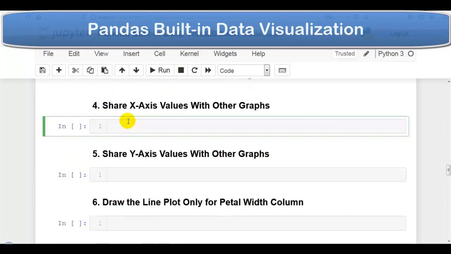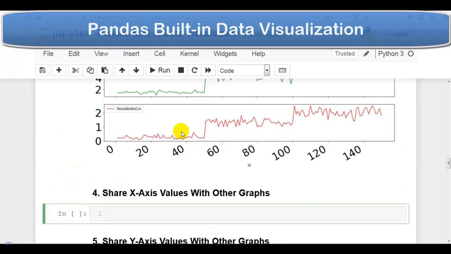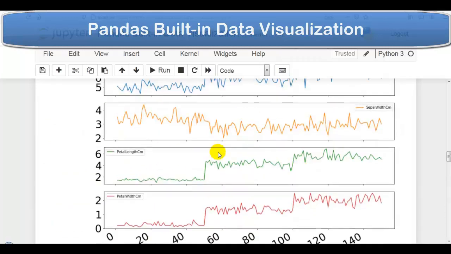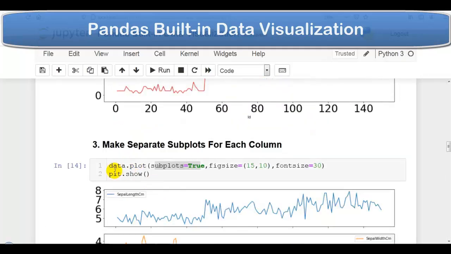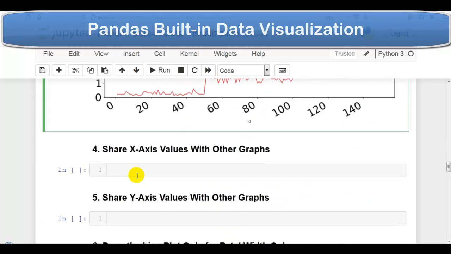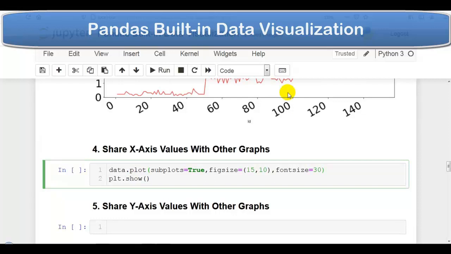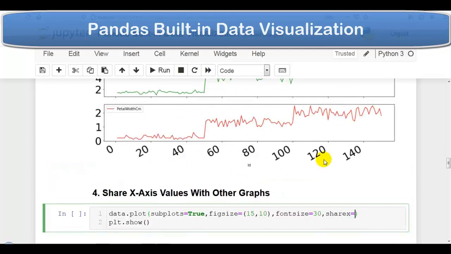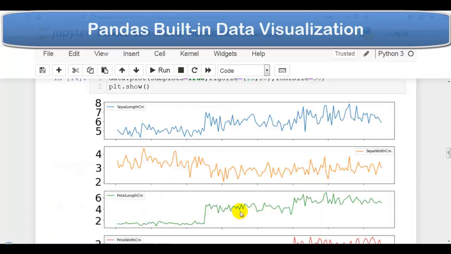So now next question. In this question we have to share x-axis values with other graphs. As you can see over here, it is showing these x-axis values which are common for all the graphs, but we want separate x-axis values for each graph. So again, let me copy these two statements and paste it over here. And here we have to use the sharex parameter, which is by default True. That's why here it is sharing this x-axis with all the graphs.